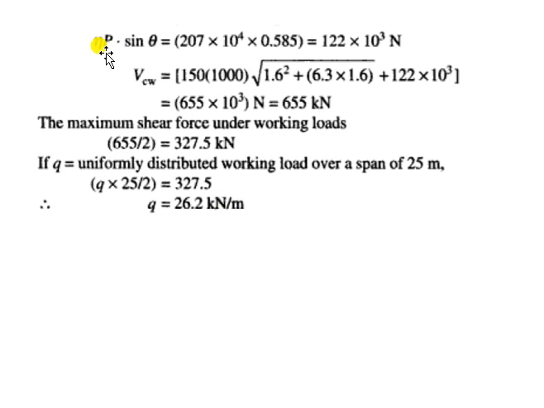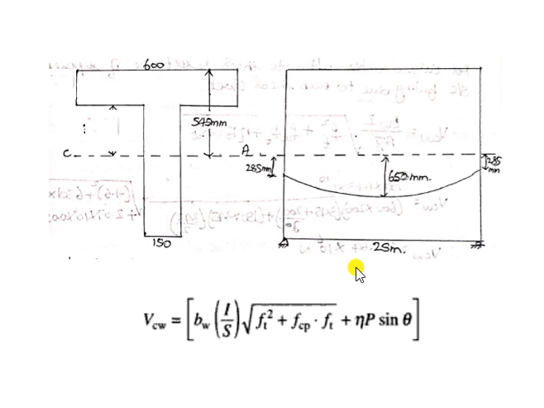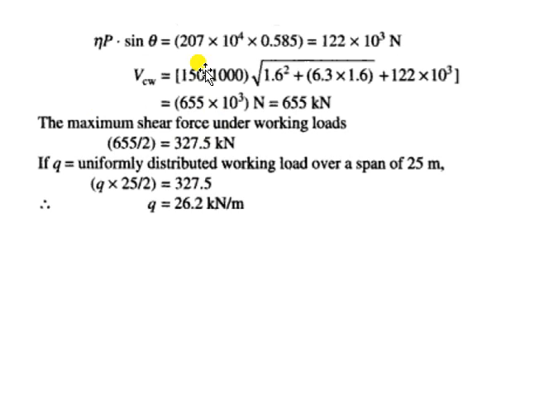So before that there is one more substitution, eta P into sine theta. So eta P into sine theta is equal to 207 into 10 to the power of 4, that is eta P, and sine theta is 0.585. So the slope is very small, and sine theta will become theta. So 207 into 10 to the power of 4 into 0.585 is equal to 122 into 10 to the power of 3